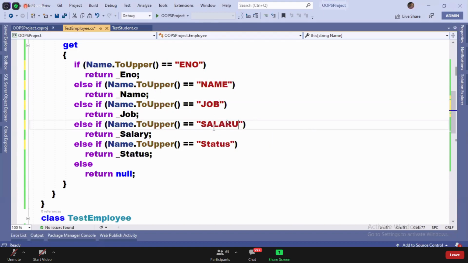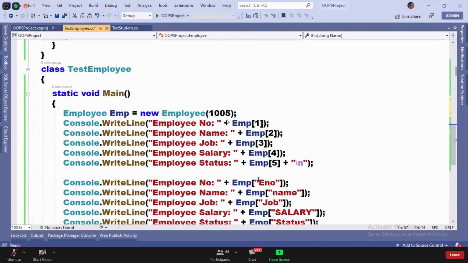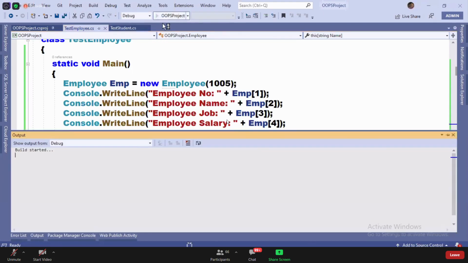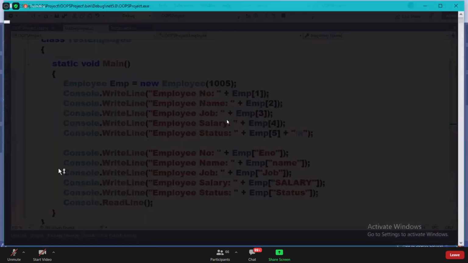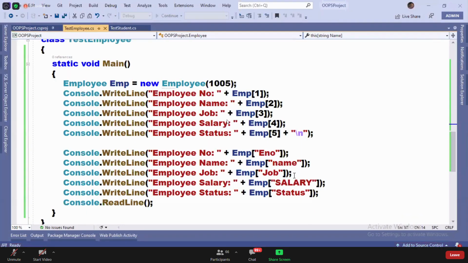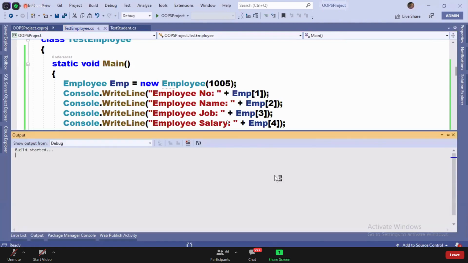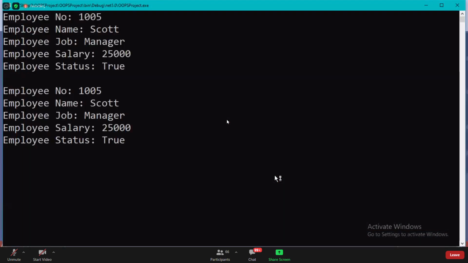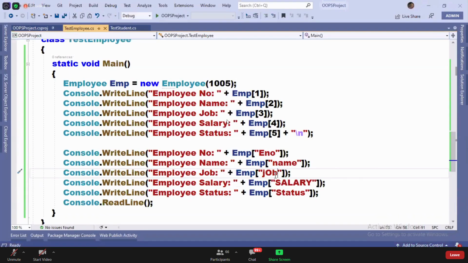Because I'm converting into uppercase, I'm comparing with an uppercase value. See now, when I write the code like this, whatever case you give, it works. Because see here, I'm writing J lowercase, O uppercase, B lowercase. Still I will get the value, guys. Because first I'm converting the whole value into uppercase and afterwards comparing it with the uppercase value. Understood all of you? To resolve case sensitive issues, this is how the coding has to be implemented.